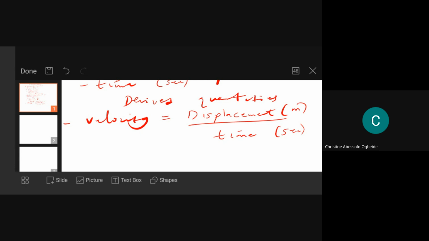If I want to write the dimension for velocity, based on the fact that the derivation is displacement over time, it means that displacement is measured in meters. The dimension is going to be capital letter L, divided by time, which is measured in seconds. The dimension for time is capital letter T. So I can then write this in index form, which is LT to the power minus 1. So this is the dimension for velocity. All right, so you can actually coin out their dimensions based on their derivation. If you can derive these equations, you can write out what their dimensions would be.